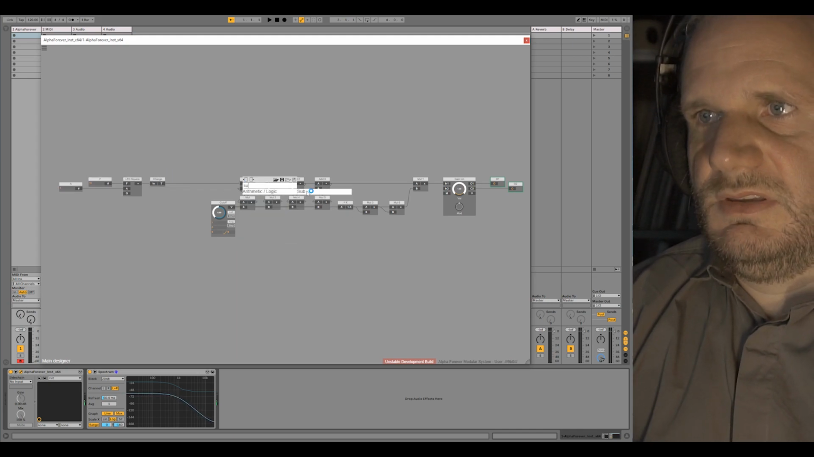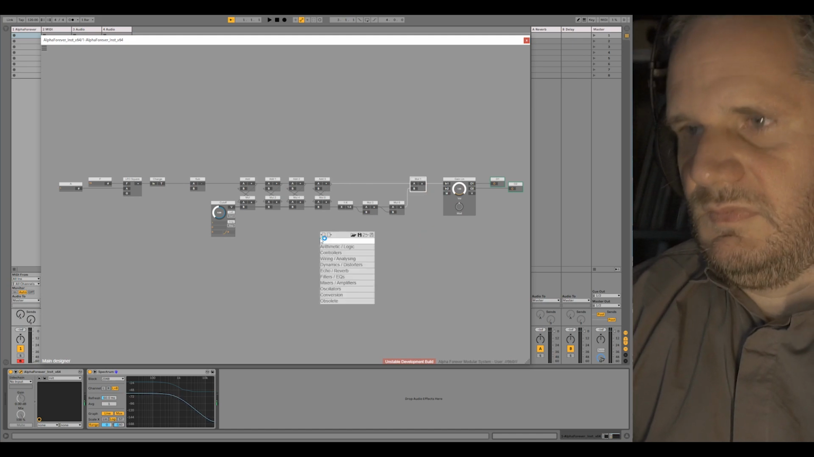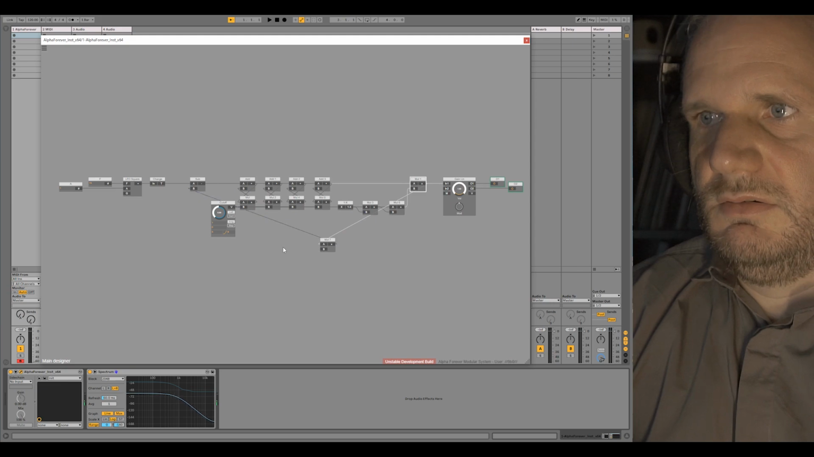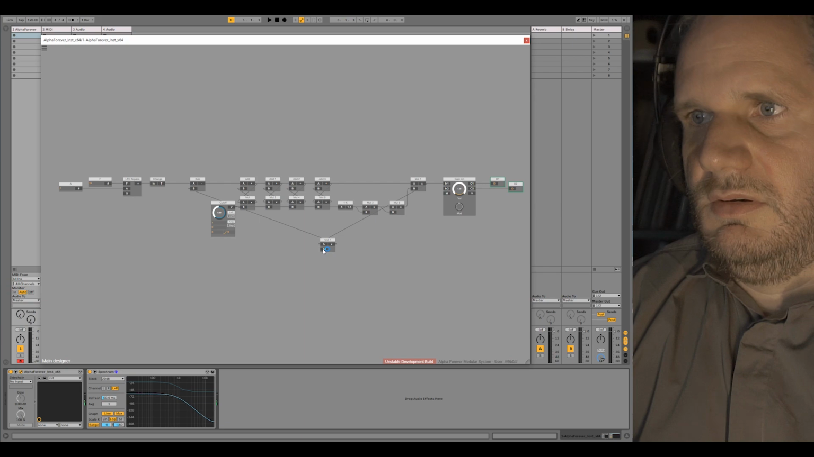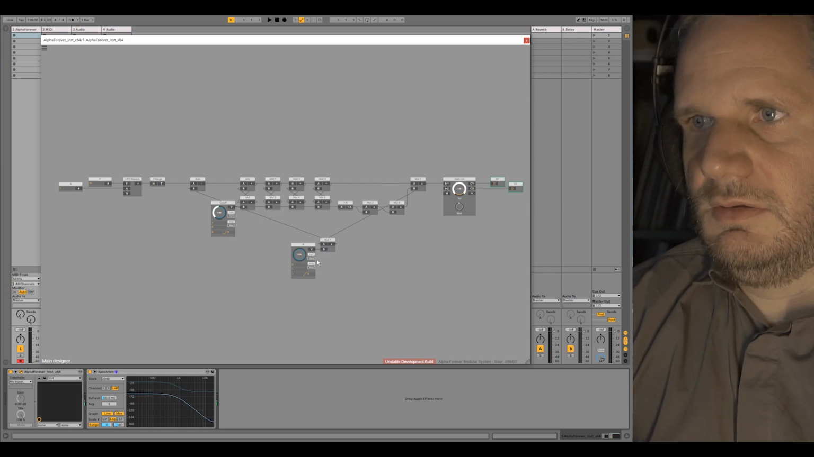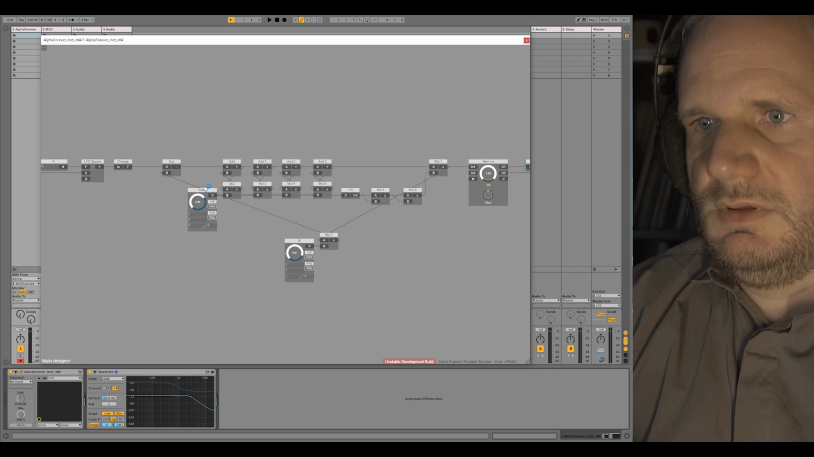We need to subtract the output of the filter. So this value comes out from here. And we create a feedback around the whole thing, and plug it there. And let's hope this won't crash. It didn't. And you can see there is a bump already, so